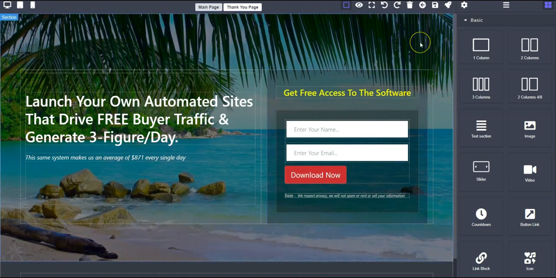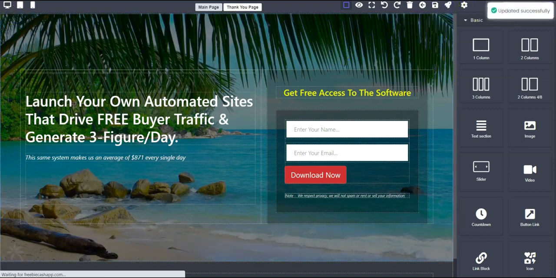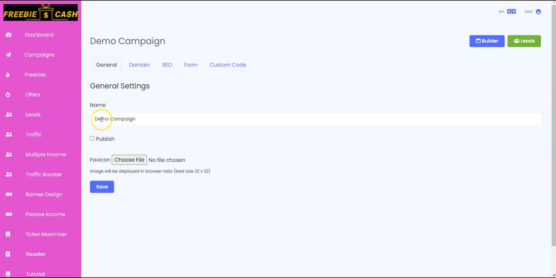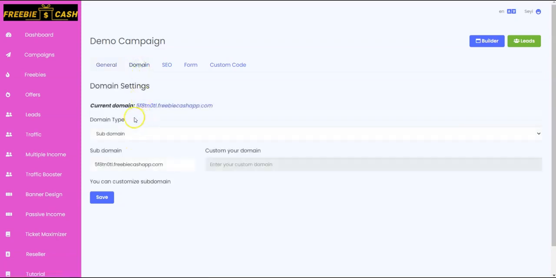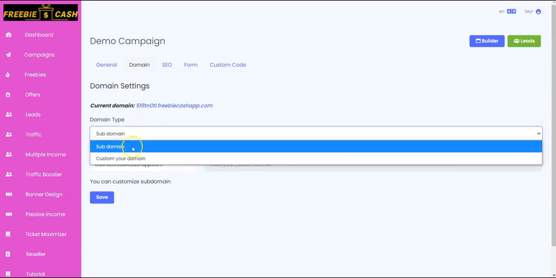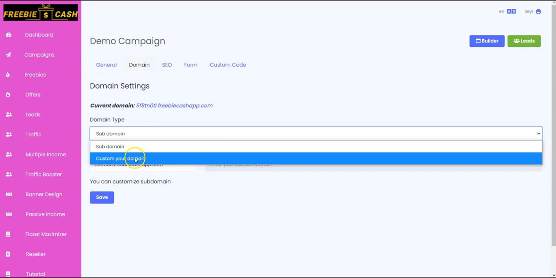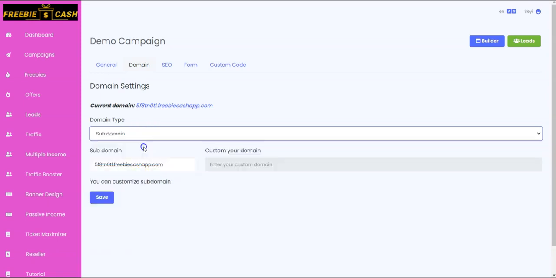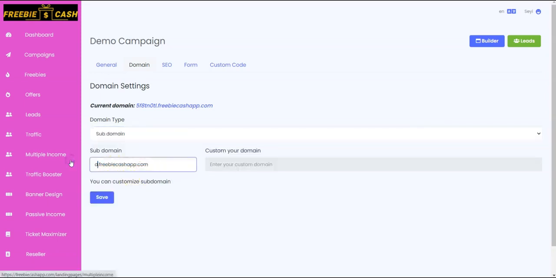So once you are done customizing your lead page and thank you page, the next thing you have to do is to click on save and publish. And right here, you can change the name for your campaign. So you can upload your favicon. You can also select the domain settings, and depending on your plan, you can actually use subdomain or custom domain, all right? So you input your URL here for your subdomain, and for the custom domain, you input it here,